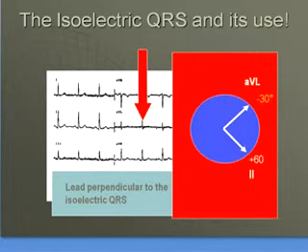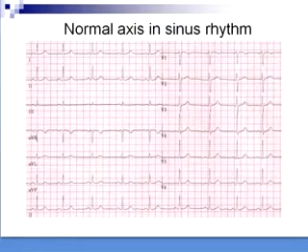So in this, if AVL is having a biphasic QRS, then the perpendicular lead to that is lead 2, and that is around 60 degrees, which is the normal axis of the patient. So in this particular ECG, taking the two things into consideration, the height of the R wave in lead 2 is more than in lead 1, and it is also more than in AVF, saying that this belongs to the right lower quadrant, and that is the normal axis for the patient.